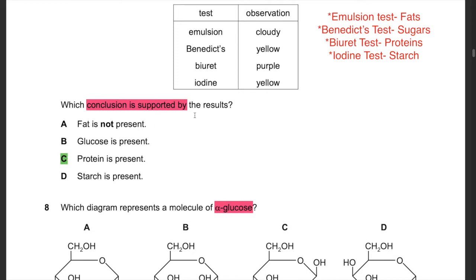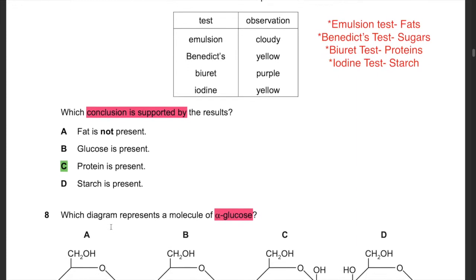Answer is C. Iodine is yellow, so that means starch is obviously not present, as if starch is present, the iodine should give out a blue-black color. Therefore option D is wrong and the answer is C.